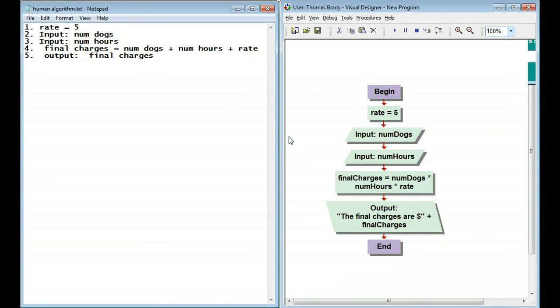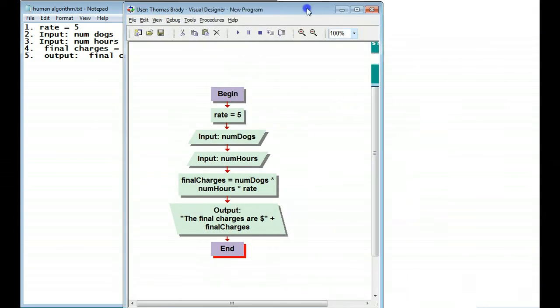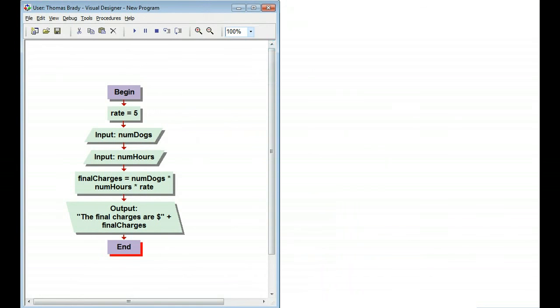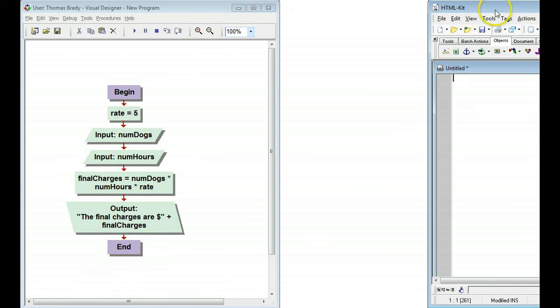Alright, so now that that is done, now we simply move this over here. I open up my HTML kit, and